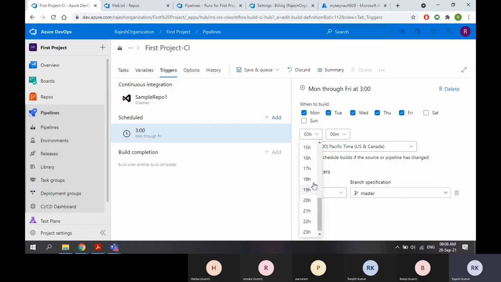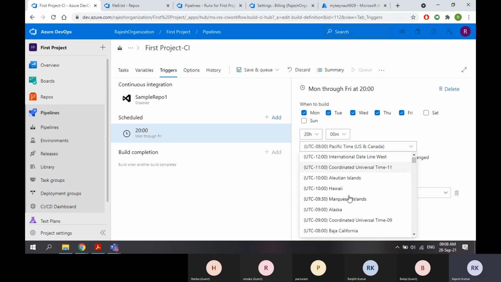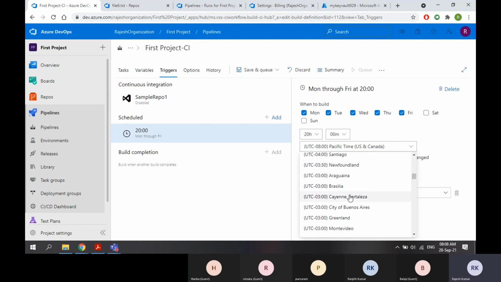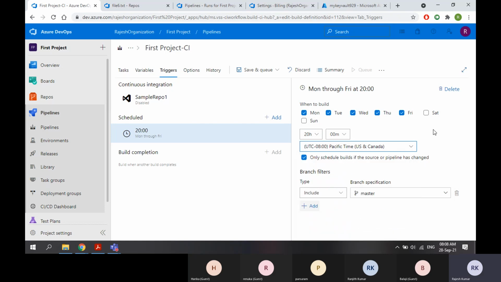This is the 24 hours format, so 8 p.m. is 20. Now this is 8 p.m. in the US time zone. If you select the India time zone, then that will be morning for them. If something is broken, the entire day will go for them to fix the issue only.